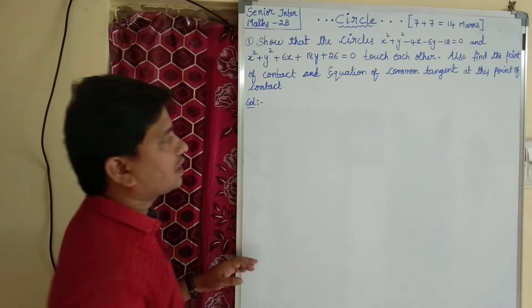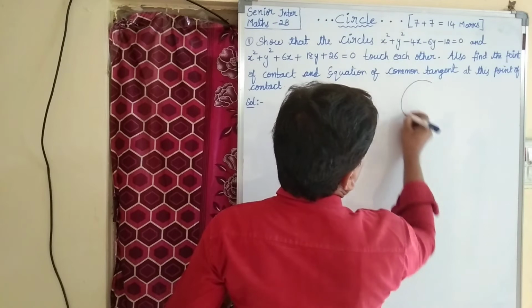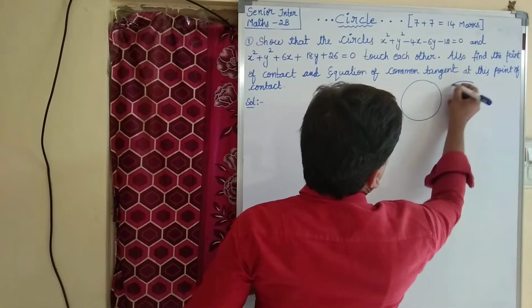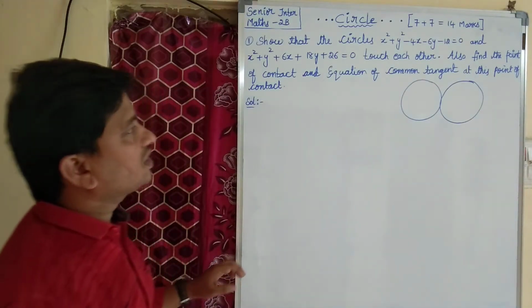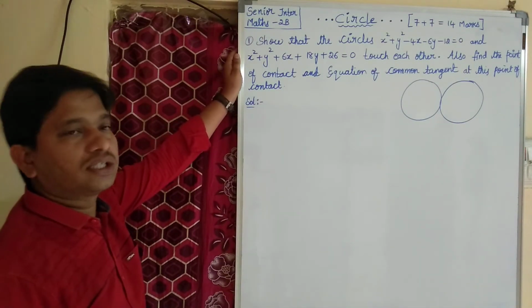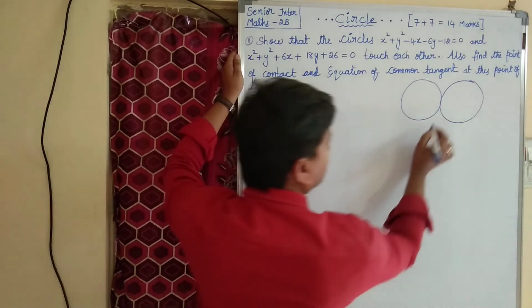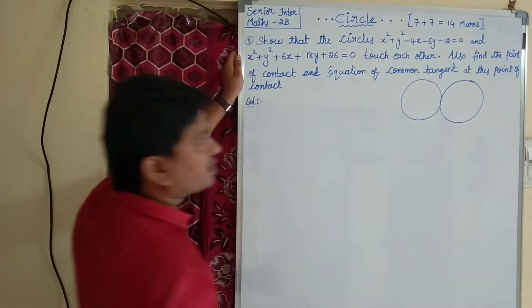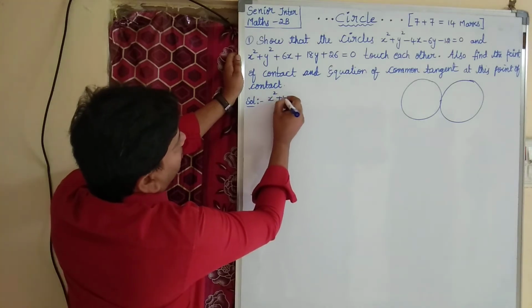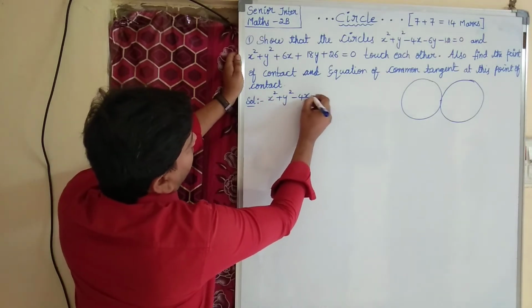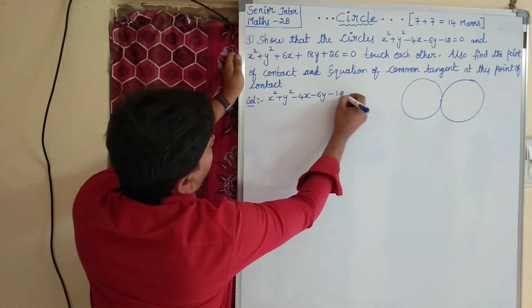Actually they have given two circles. This is one circle and this is the second circle. They are saying they touch each other. They are going to touch each other. Okay. Let us see. For the circle x square plus y square minus 4x minus 6y minus 12 equal to 0,